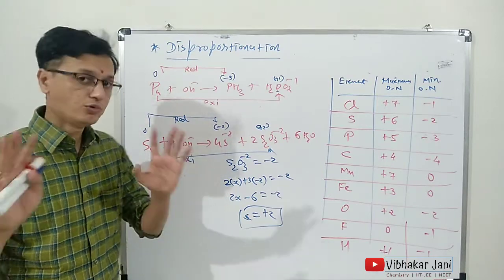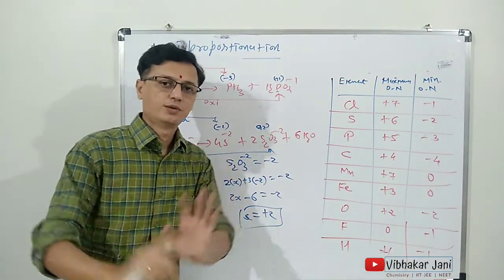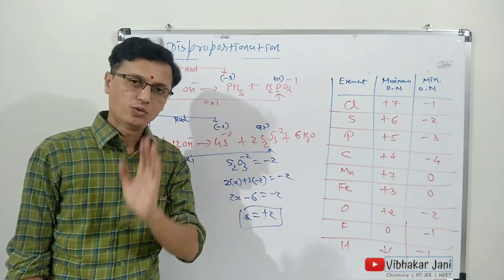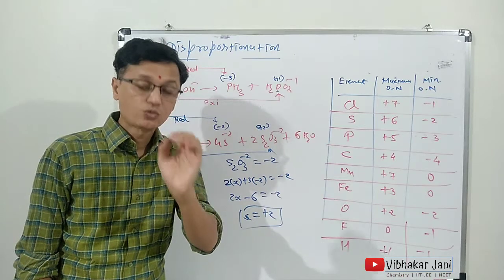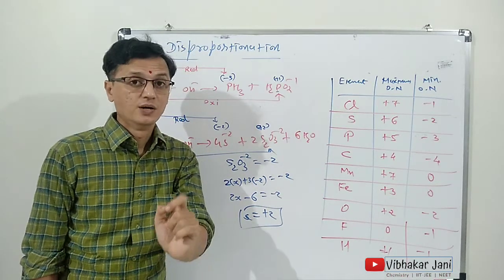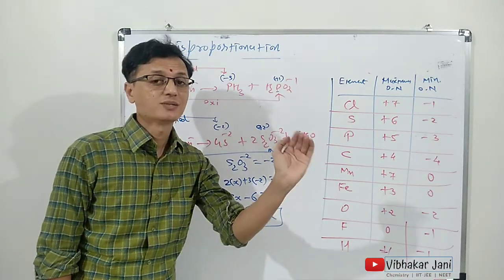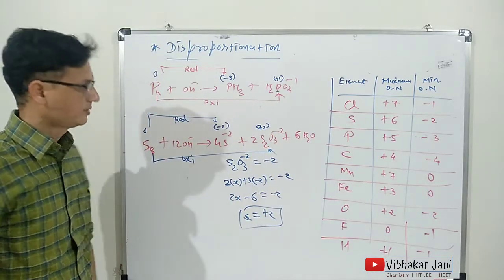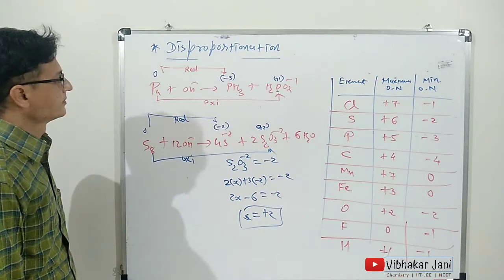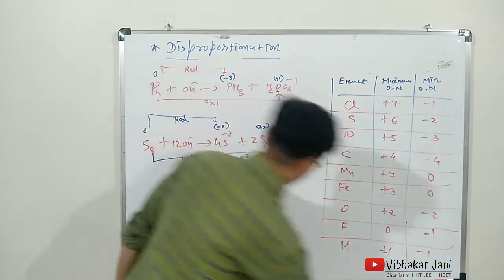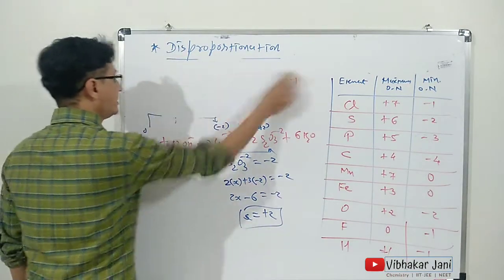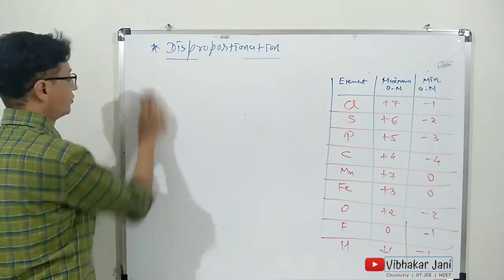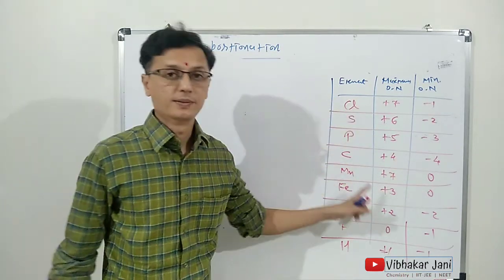So I suppose you are able to find out whether a reaction is having disproportionation or not. All you have to do is to find out a single species which must have increased as well as decreased oxidation state. Okay, pause the video, write down these examples. Now, let us take a solved example which is given in our textbook, and you will be able to answer that question by using this table.